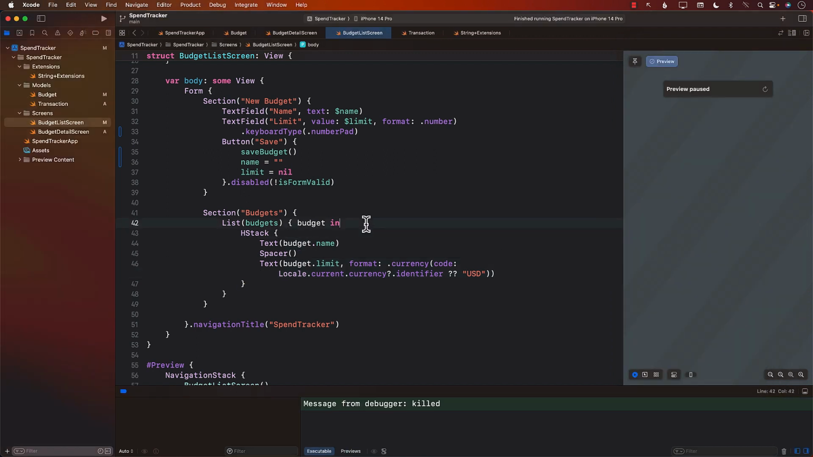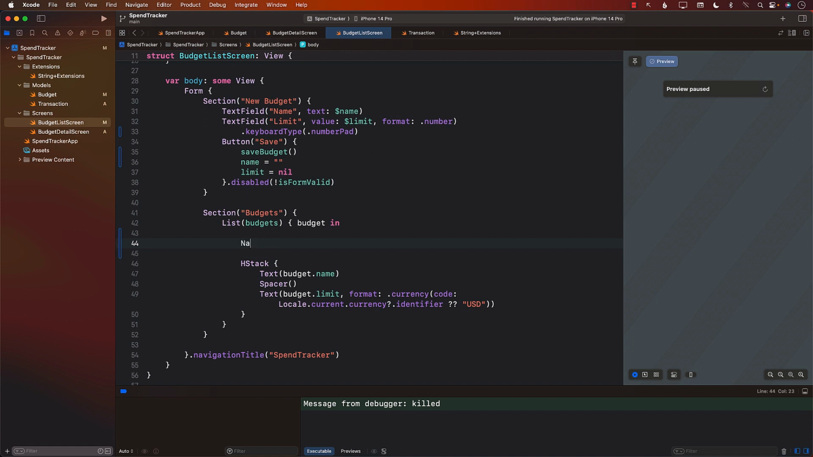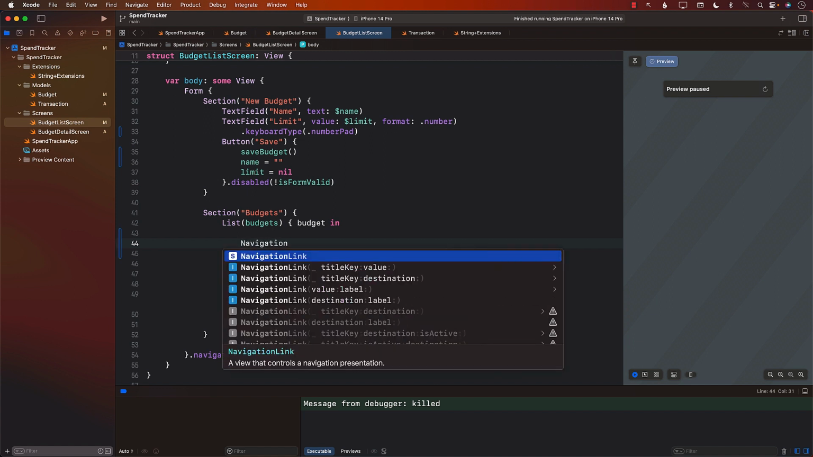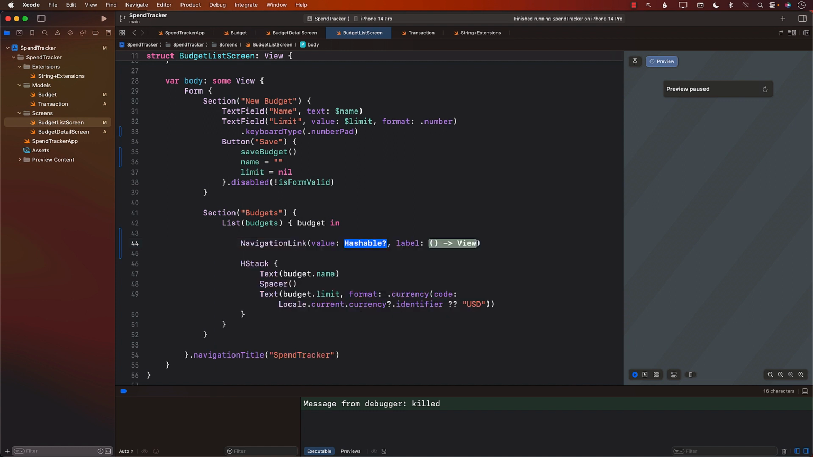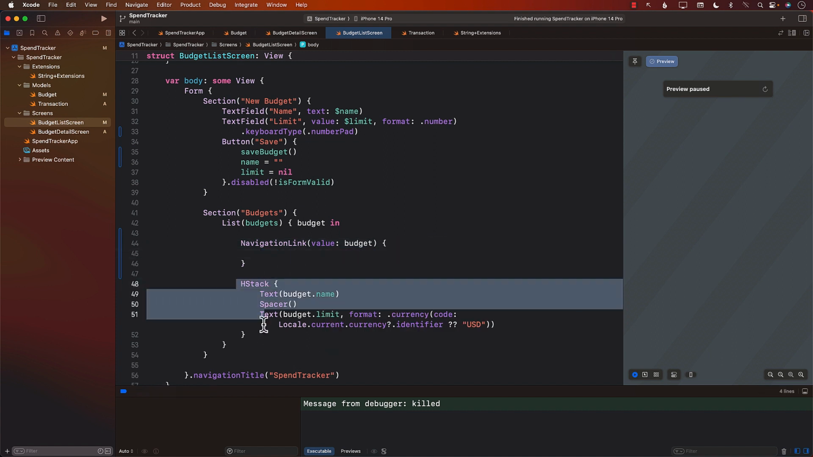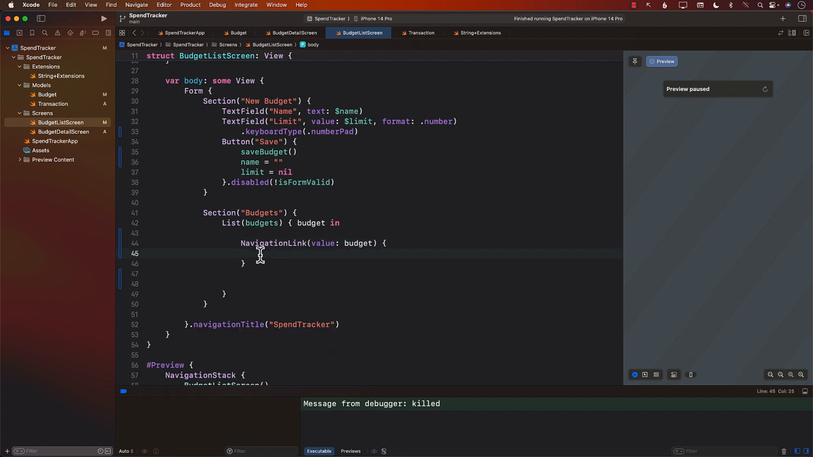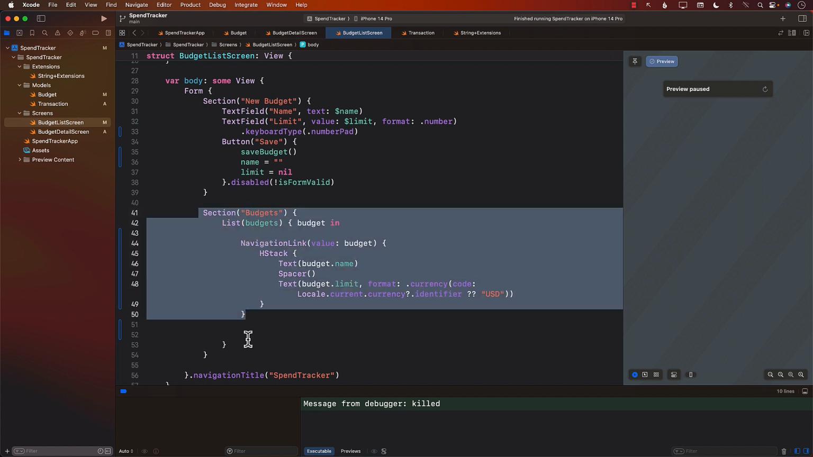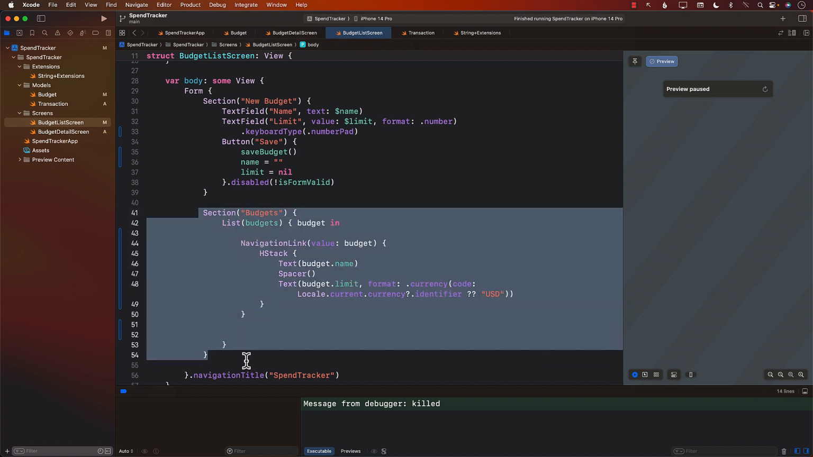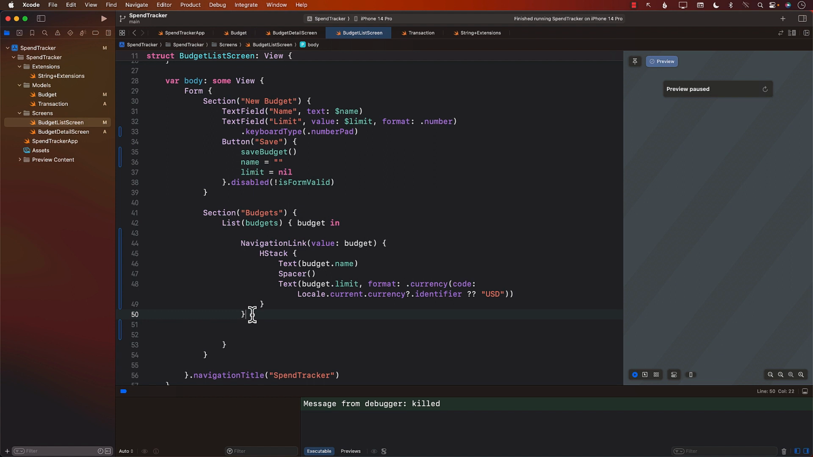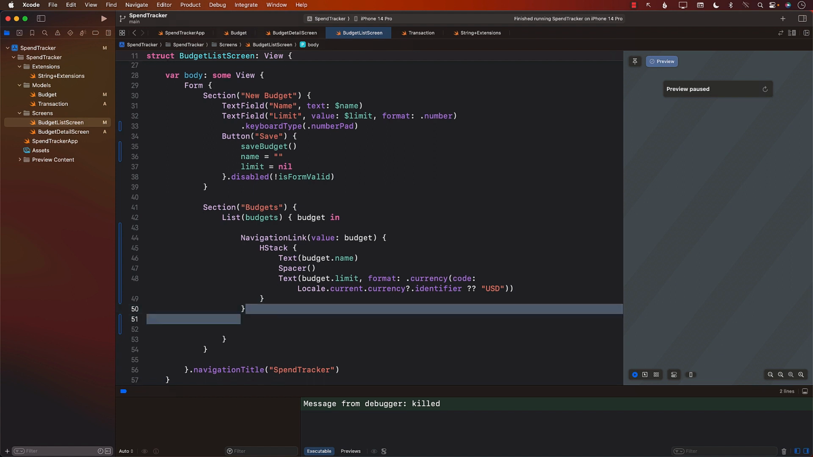Well, we can go ahead and start using the NavigationLink, all right? And there are many different overloads. I'm just going to use the one with the value and the label. The value will be the budget, and the label is something that will be displayed on the screen, some sort of a view, which is just going to be the HStack that we have been using. So I'm just going to use that. But this is not really going to do anything at this point. I mean, we haven't really done any